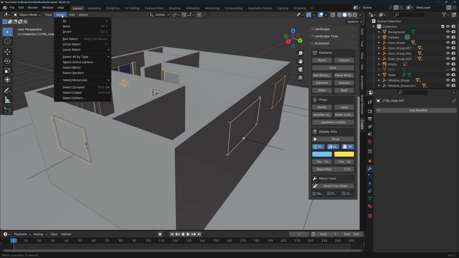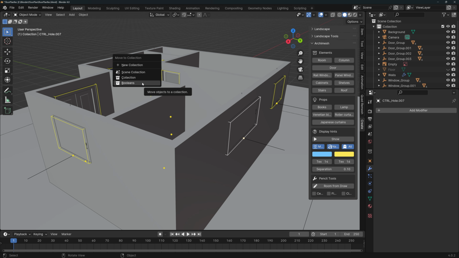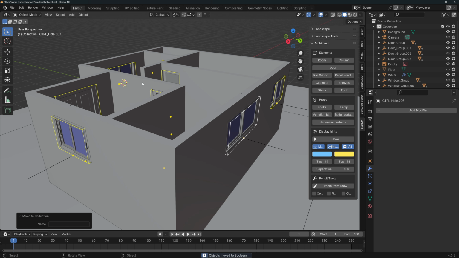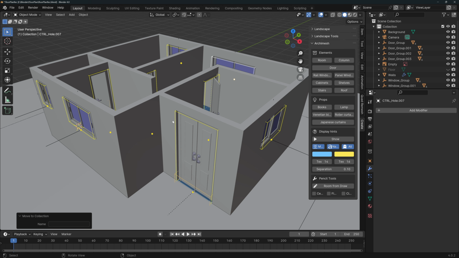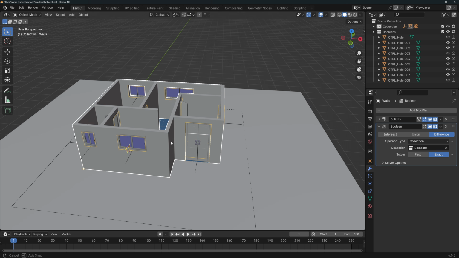If we go to select pattern, and type CTRL_hole asterisk, and then press enter, you'll see that all of the control holes are selected. Now you can just press M and move all of them at the same time to the booleans collection. It doesn't really matter that we had already moved some of them, because it will just move them again to the same collection. Now we just check that everything is working properly, and once we're happy, we can move on